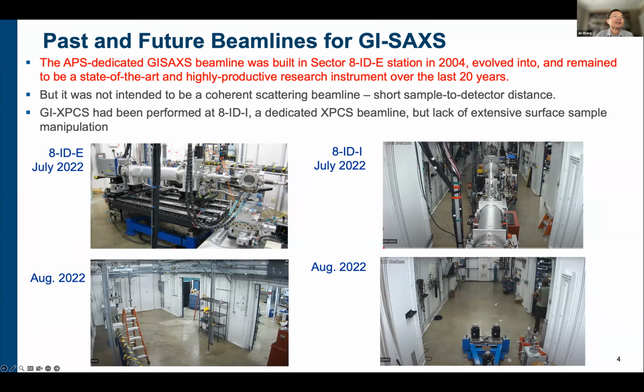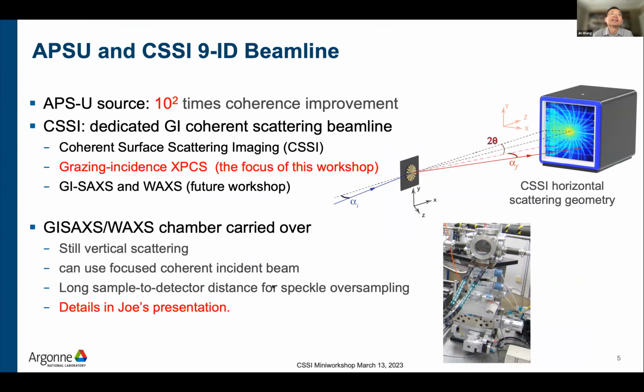So in the July, August time period, you all know that Sector 8 went offline, and within a few days both beamlines became empty hutches. Then the hutches were decommissioned, and now the new hutches are coming up. So the story is that